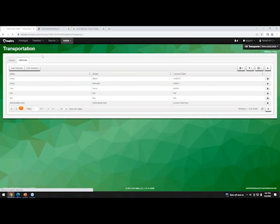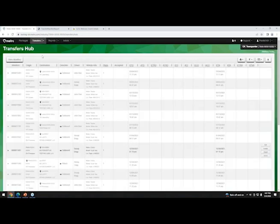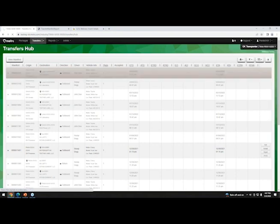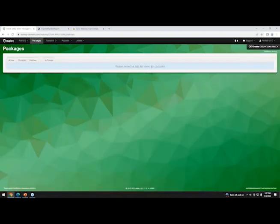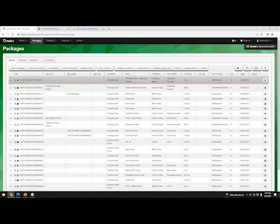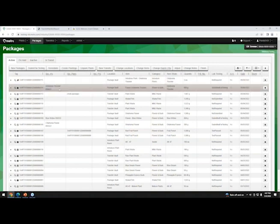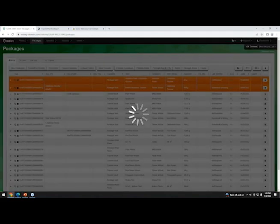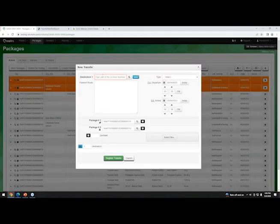Alrighty, so we're in the transporter. Let's go to a cultivation license that has some waste disposal on there. I'll go to the grower here. When they're creating a transfer, you're going to go to your active packages here. So let's create a two-package transfer for the first two, the immature plants and the flower, Oklahoma Thunder. We'll create a transfer here using a transporter license. So, create a new transfer. You're going to enter your information. So the destination will say